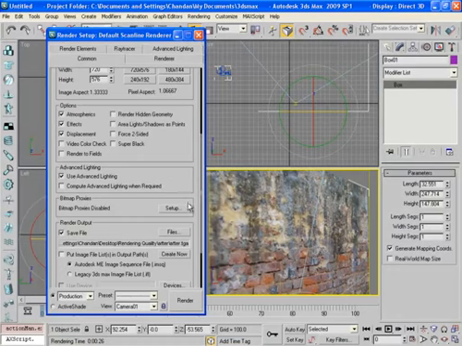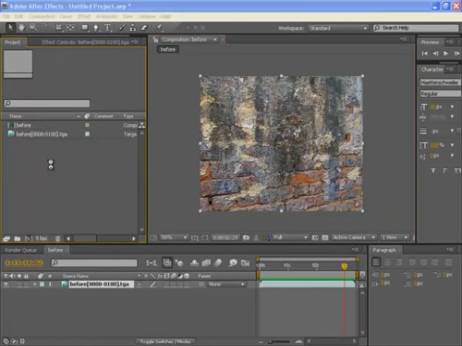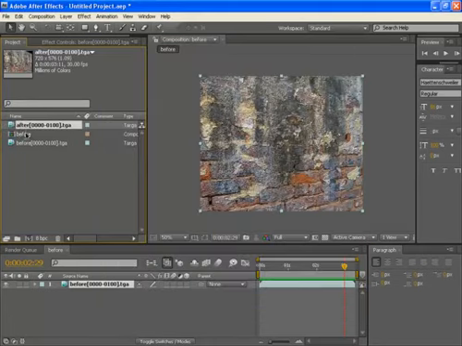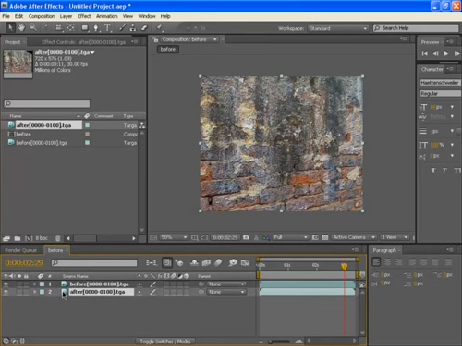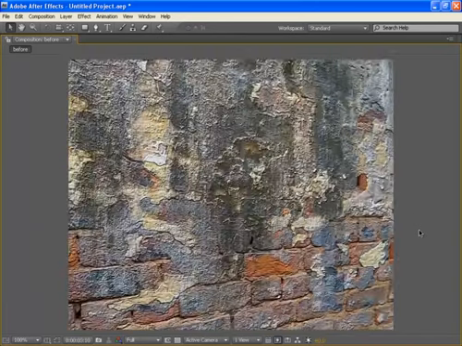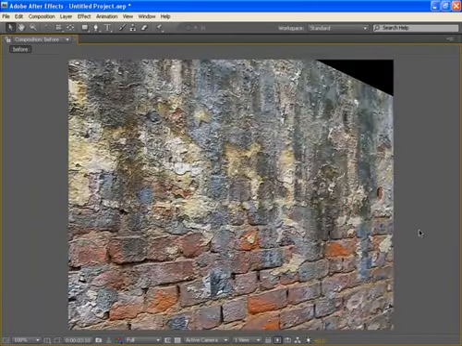let's go to After Effects to see the difference between the two versions. Import the after image sequence here and drag it here. Turn off the before layer for now and see how the after looks.